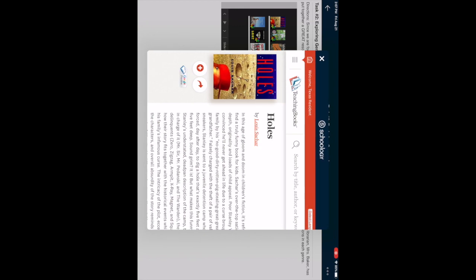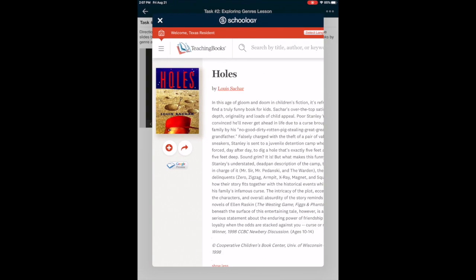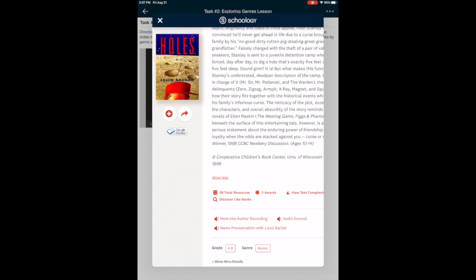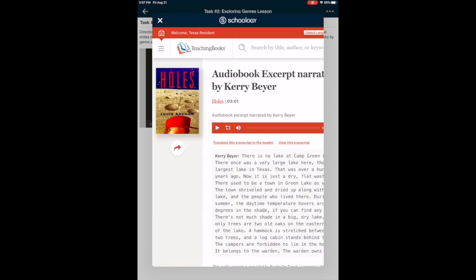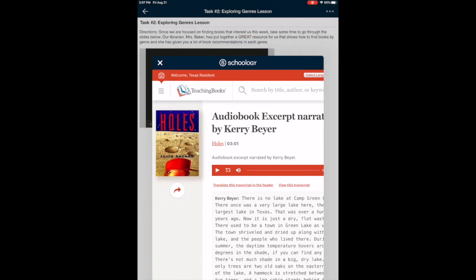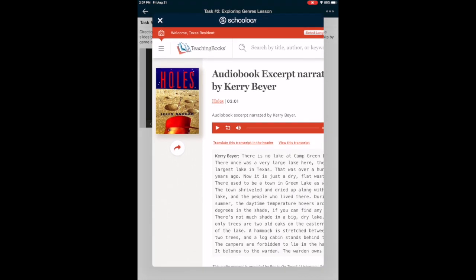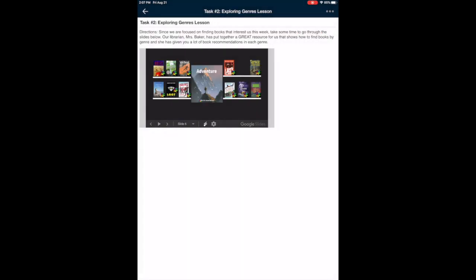I can read the summary here. I wonder why it cuts off though. Or I can listen to an audio excerpt. That's awesome. And then it also has the text here for you too. So this is a great way for us to explore books in different genres. Just a reminder,